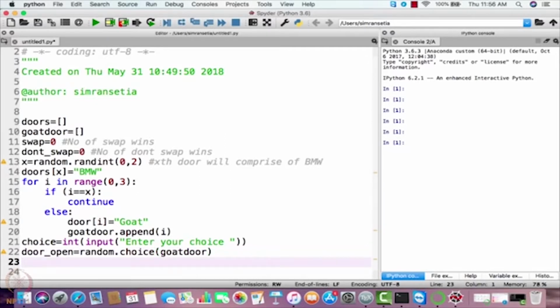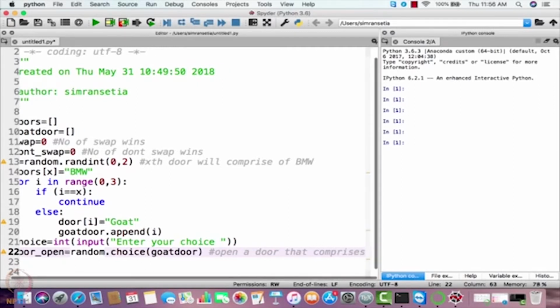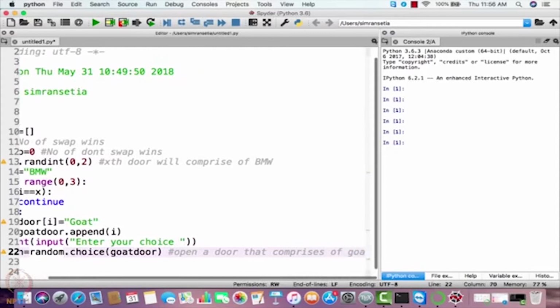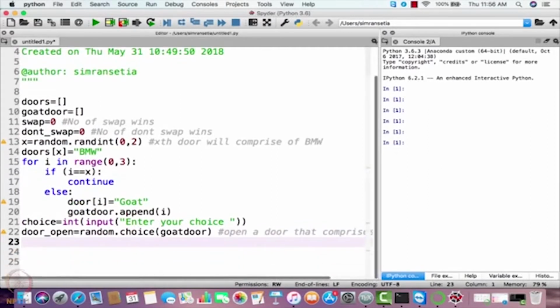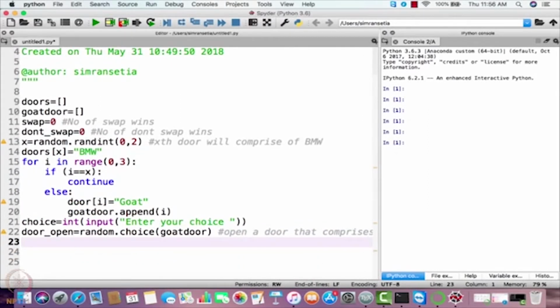So here we have to open a door that only comprises of goat. So I'll write here open a door that comprises of goat. Okay, now that we have opened the door, we also need to keep in mind that the choice and the door open shouldn't be same here.